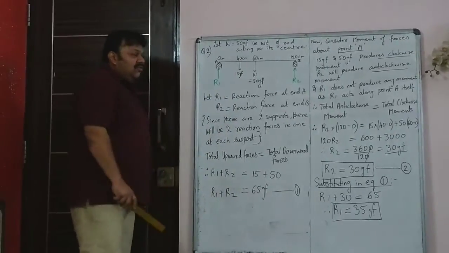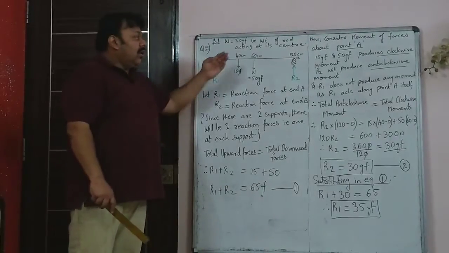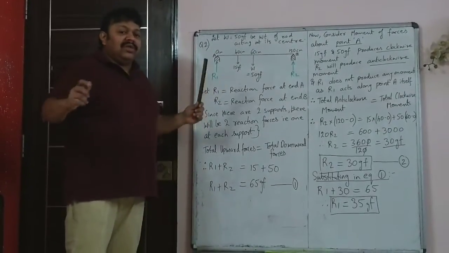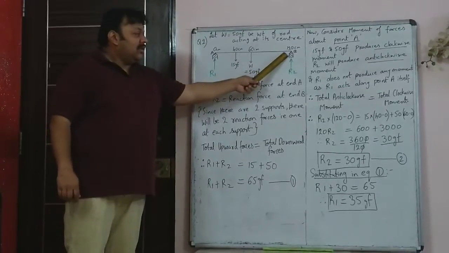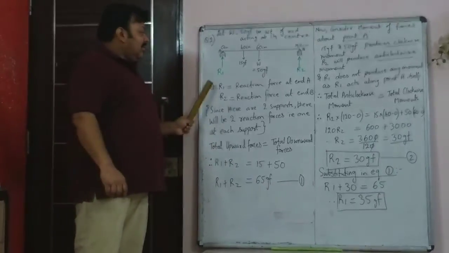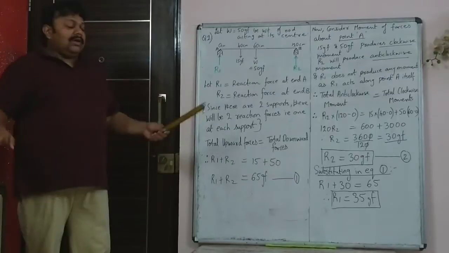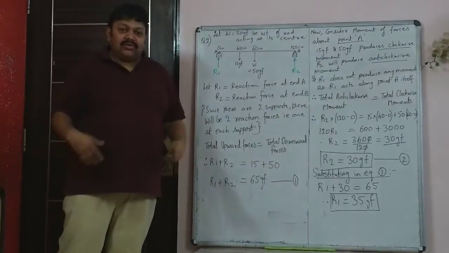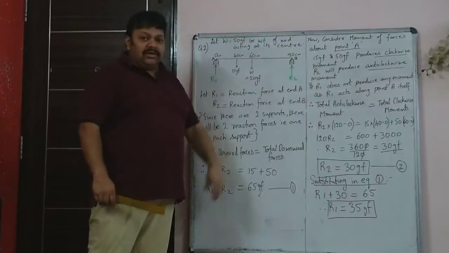So once you have shown that, in this sum it is given that the rod has supports at both the ends. So there is a support at A and there is a support at B. So when there are two supports, there will be reaction forces acting at the two supports. Do not assume that they are equal reaction forces. They are different. It all depends on where the weights are hung.